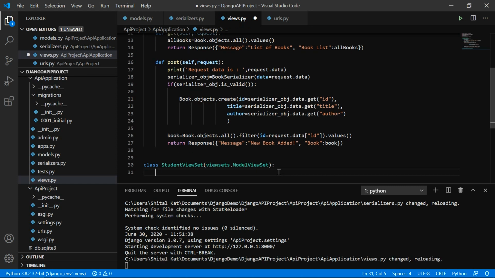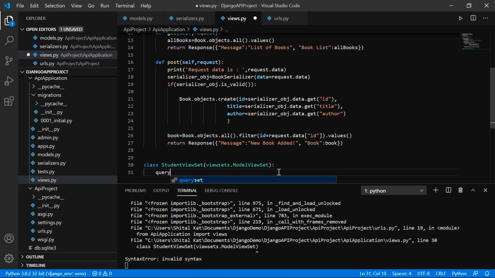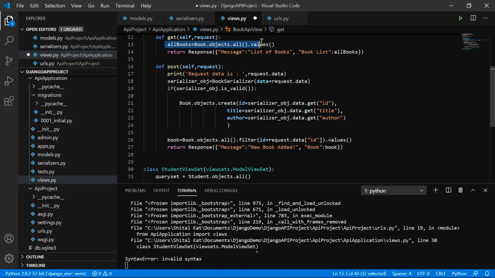Now I'll define the queryset. It is nothing but simply the list of what you want to return in your get method. I want to return all the objects from student table. This is equivalent to your get query. It will return all the rows from student table.